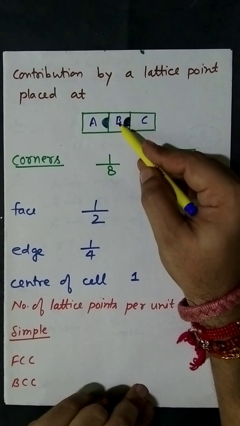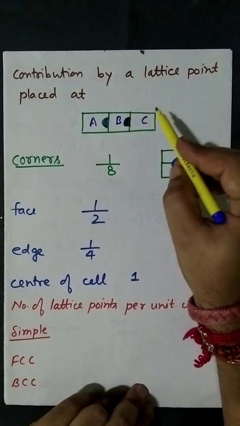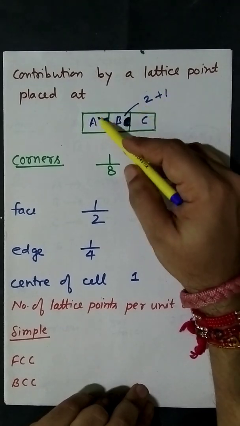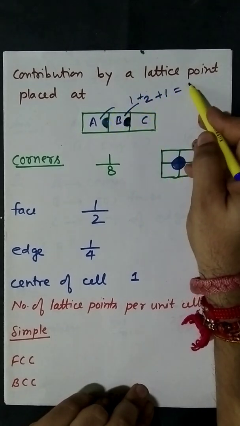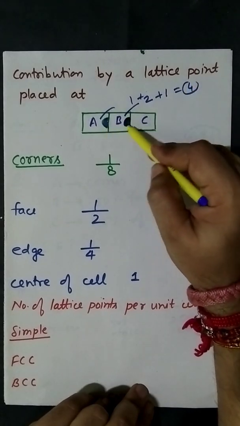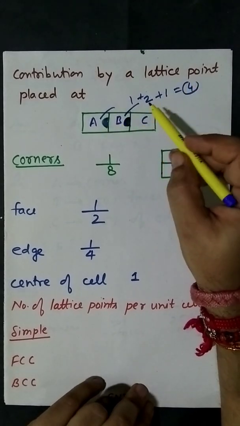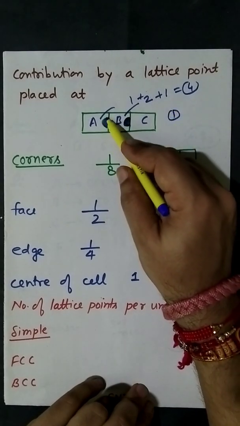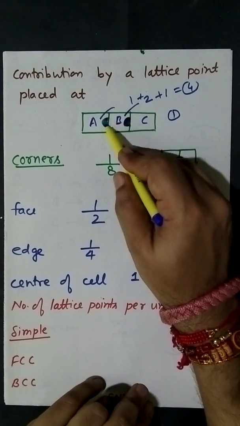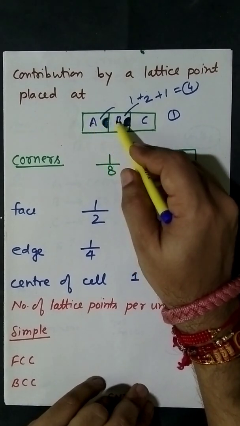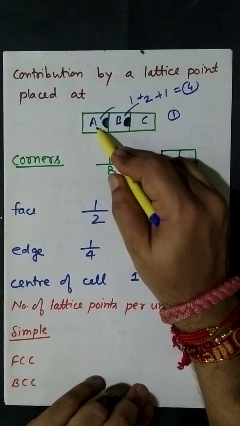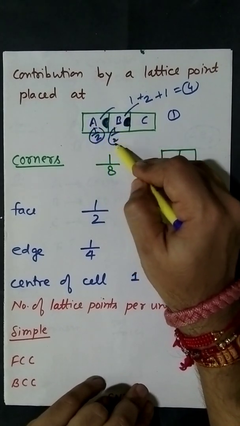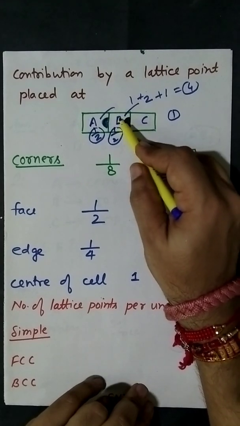If your answer is 2, then you are wrong, because if the doors in room B are 2, in C it is 1, in A it is 1, then the total number of doors is 4, but you can see here only 2 doors. The right answer is B has only one door, and the reason is the door is shared between A and B. So because this is shared between A and B, here you will count half a door, and here also you will count half a door. Same goes here, this door is shared between B and C.